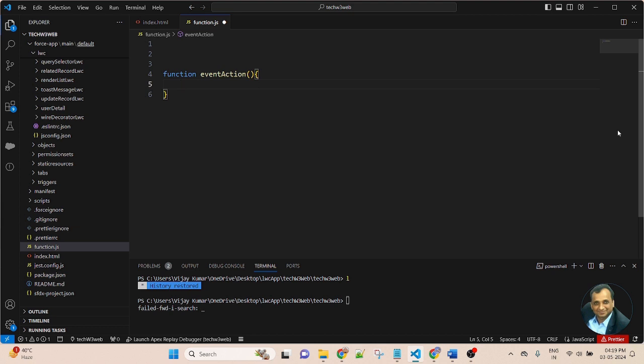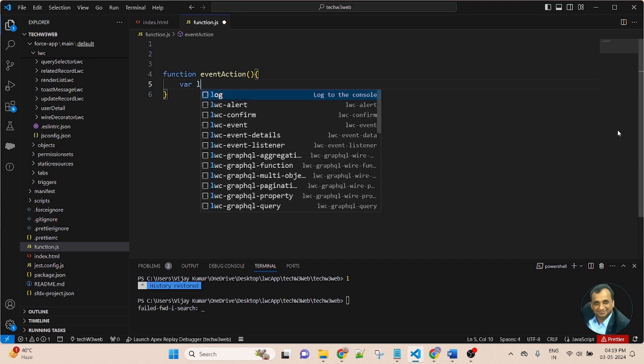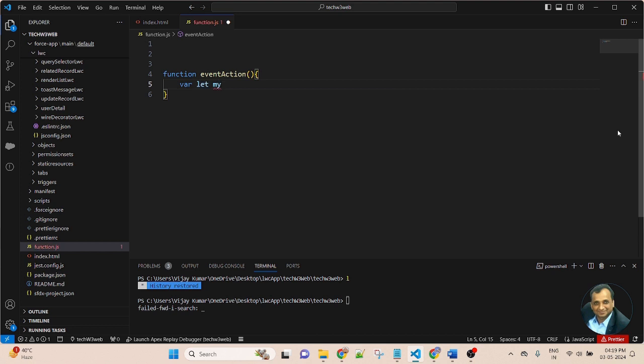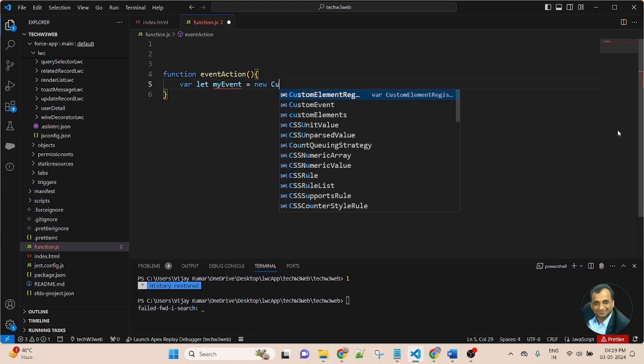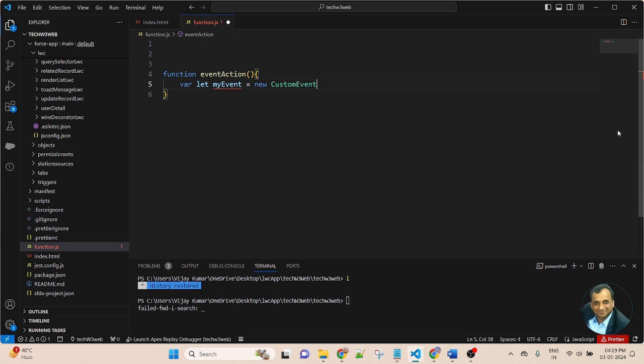First we will declare a variable, let myEvent equal to, now let me create a constructor of the event, new CustomEvent, in brackets. In the brackets I will pass an event name parameter.